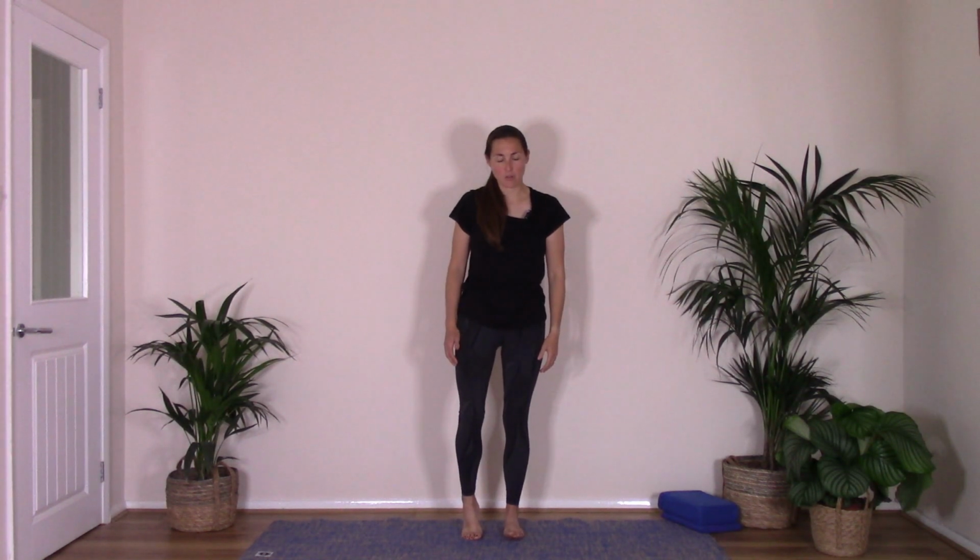Okay, so we're going to do some standing clams now. Again, just to challenge that bit of balance and that control as well. So we're going to start with one toe just resting back onto the mat there, close to the other foot. We're going to open out through those hips and fold back. So hip bones pointing forwards, we're opening out,